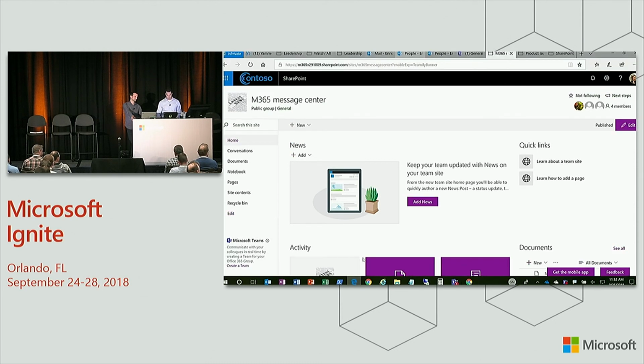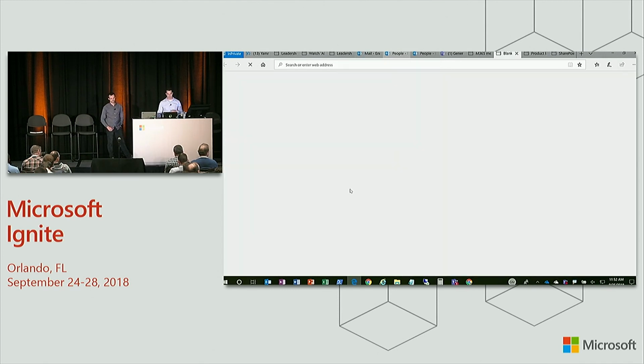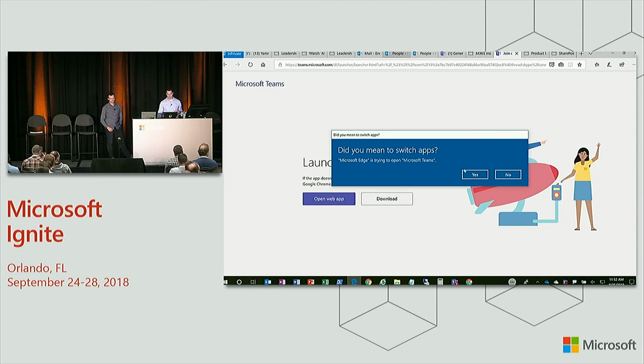Great, so now I've used that as a basis for my new Office 365 group. So when I flip over to this site here, this is a site I had upgraded. This is a brand new feature that we haven't shown before, but the next request we've gotten is that our customers want to take that SharePoint site that's enabled for a group and enable it for Microsoft Teams directly. Today it's a two-step process, right? You have to then go into Teams. So what the team has been busy doing is building out new functionality to activate a SharePoint site collection from groups for Teams right here in